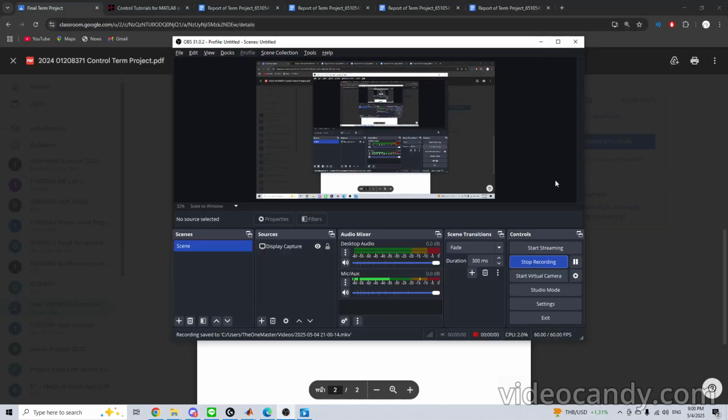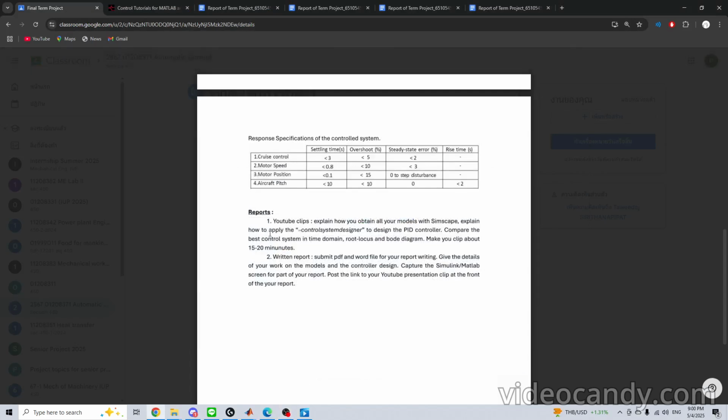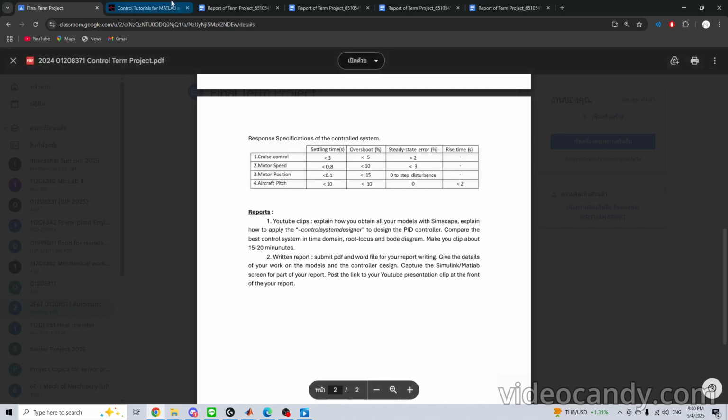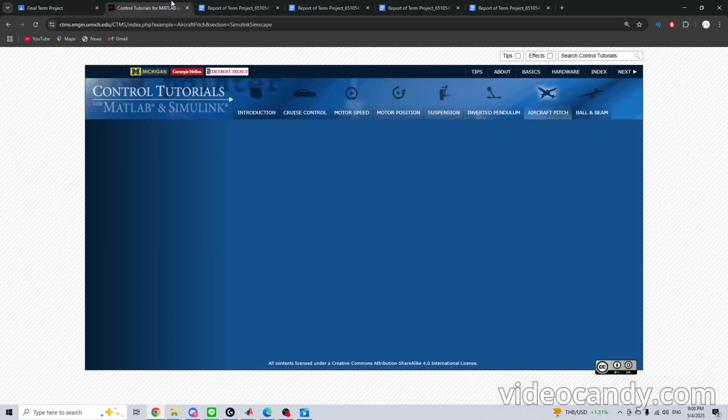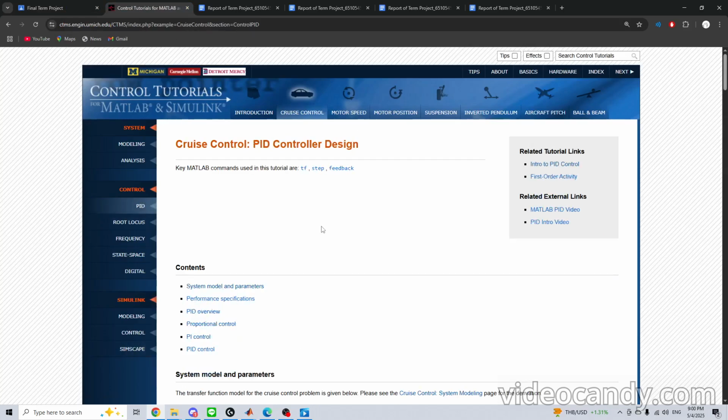And next, I'm gonna explain how to apply the control system designer to design the PID controller. Compare the base control system in time domain, root locus, and Bode diagram. So you go to the same website and click to the topic that you're gonna design the controller. Click the PID button and